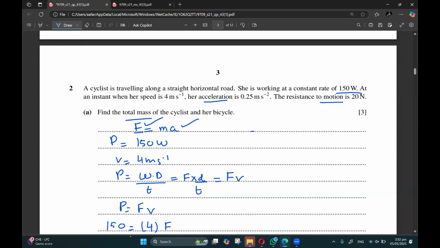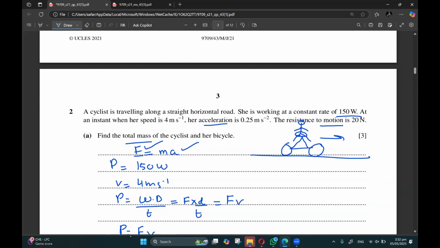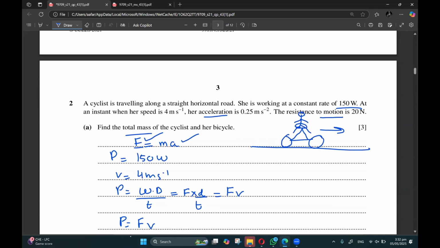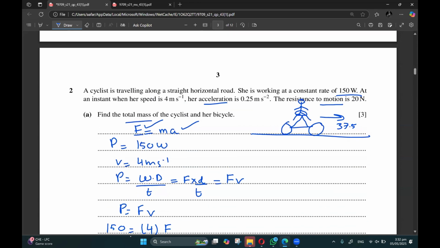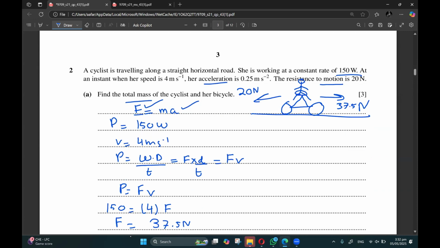So basically the scenario is something like this. This is a cyclist, the person over here, and apologies for my drawing. They have a driving force of 37.5 Newton, and then they have a resistance of 20 Newton. So the resultant force will be